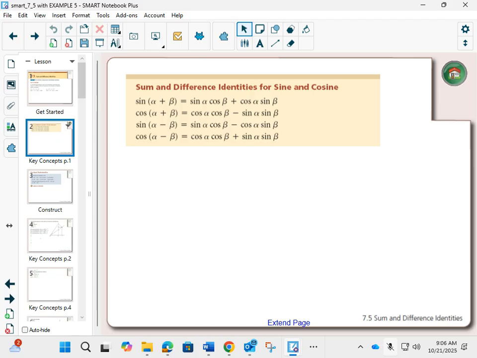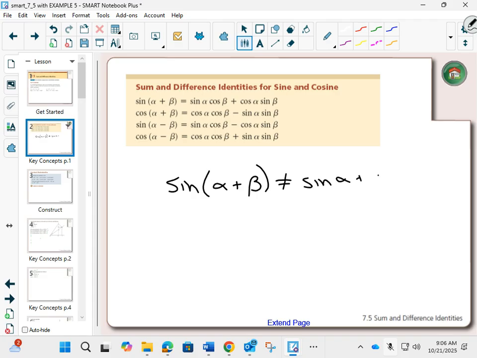But what this means is that if you have two different angles added together inside of sine, sine is a function. You cannot just distribute. The number one mistake here is someone thinks that if I have two different angles, this does not equal, I can't just distribute a sine. You can distribute numbers, but sine is a function. We can't distribute functions. We weren't able to do that with square roots. You can't just square root individual numbers separately. We can't do that with functions. And we have these very big formulas